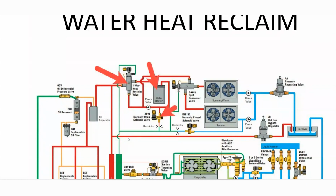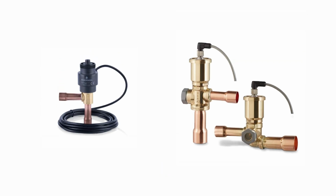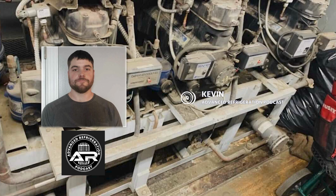So after we leave that check valve, now we're going to come to it. This isn't on every rack. It just depends on the customer application. You could come to a three-way valve. You could come to some automated ball valves if you have heat reclaim. So heat reclaim is basically we're taking the discharge gas out of this rack, and we're using it to heat something, whether it be the snow melt system for the store. Like we have in Chicago, we have a lot of snow melt stuff. So we're melting the snow on the sidewalks or in the gutters,